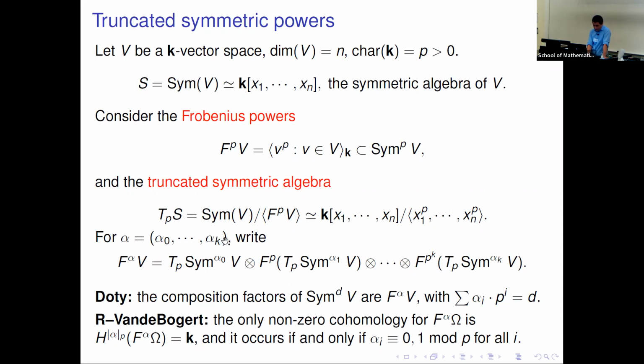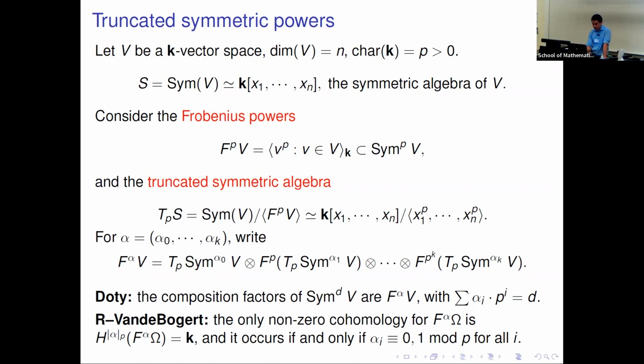So if I have a tuple of integers alpha 0 up to alpha k, I take the truncated symmetric alpha 0 power, and then the truncated symmetric alpha 1 power, and I twist by the Frobenius, and then the truncated symmetric alpha 2 power, I twist by Frobenius twice. I take the tensor product of these. Turns out it's an irreducible representation of a general linear group, and it's the natural building block for the symmetric